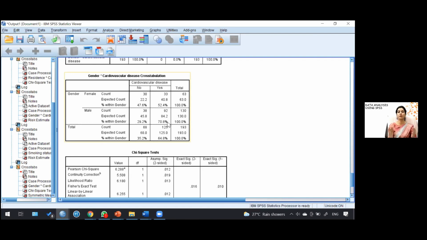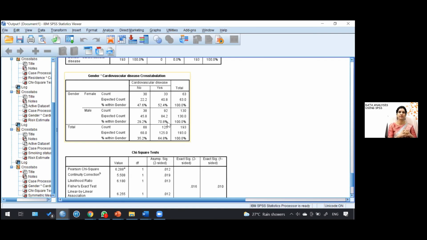So that's the difference between one and two-sided hypothesis. I'm keeping myself open if I'm having a two-sided hypothesis, and if I'm restricting myself, if I decide the direction of my hypothesis, that is the one-sided hypothesis. You will learn more about this one-sided and two-sided when we do the paired t-test and independent sample t-test. But generally, this one and two-sided significance only comes when we are deciding about the sample size calculation. Otherwise, in these tables, whatever value is significant with one-sided will come significant with two-sided also. Is that clear?